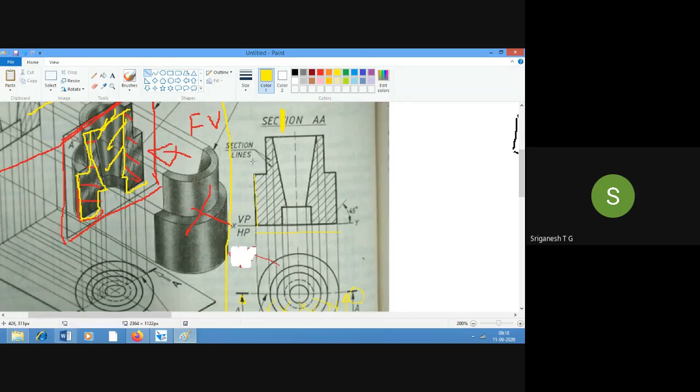Then it goes inside, right? And then again from there, and again from there, here this particular line, and the boundaries, we will first draw the boundaries, because anyway after cutting also we'll be able to see the boundaries.